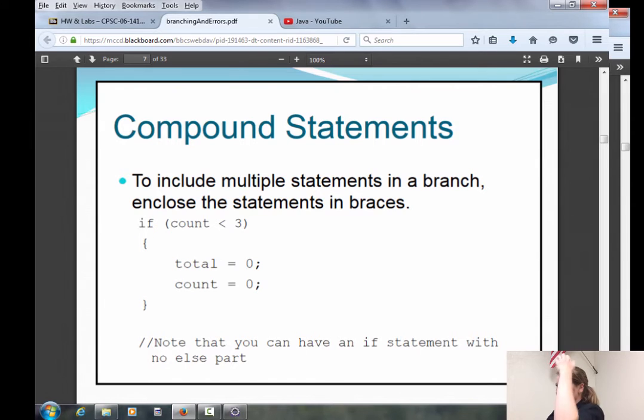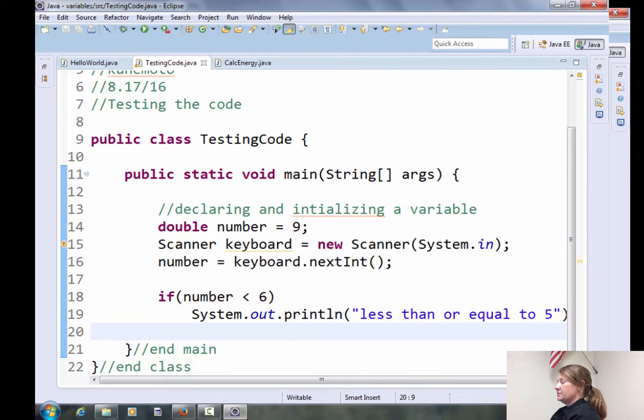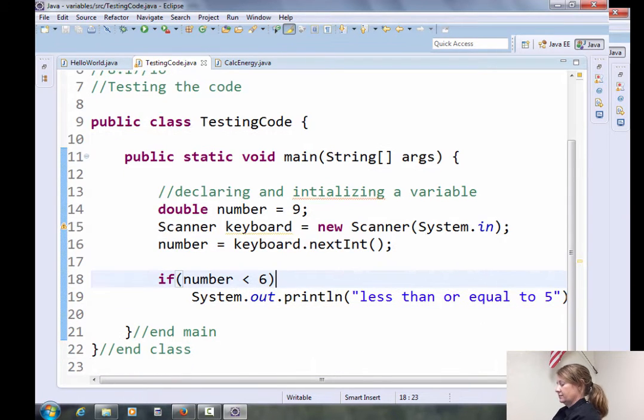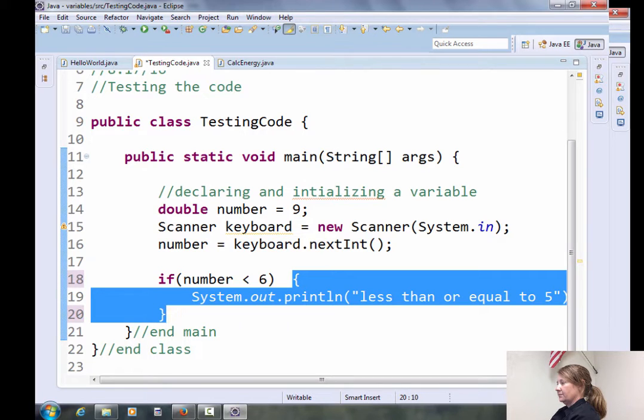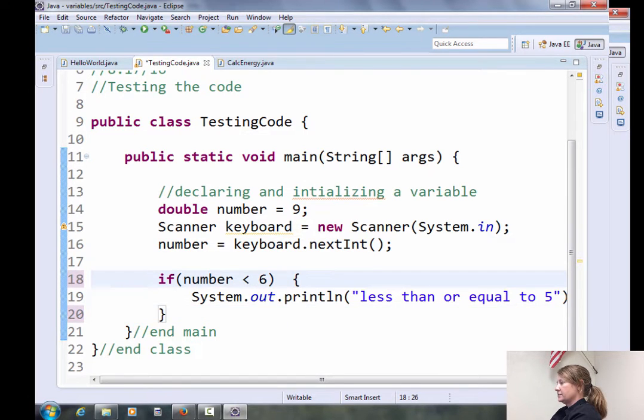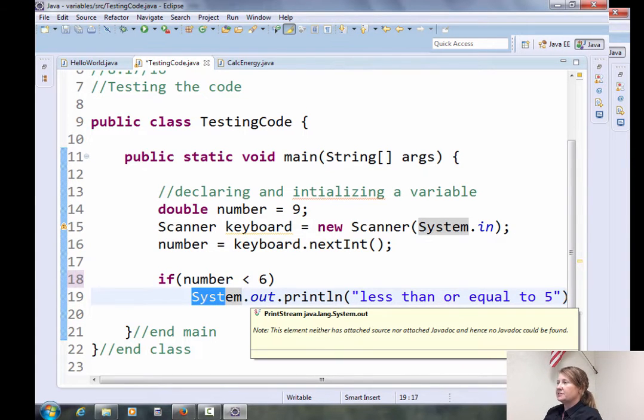Now that little blurb of code led us to the next slide here, and you can have an if statement without an else part. Also, when I wrote my if statement, notice I did not put curly brackets around the parts of the if statement that we're executing. Though if I did, it would be okay to put a curly bracket there and there. The reason is because this if statement only had to execute one line of code. When a branching statement only has one line of code after it, it's optional to put the curly brackets.